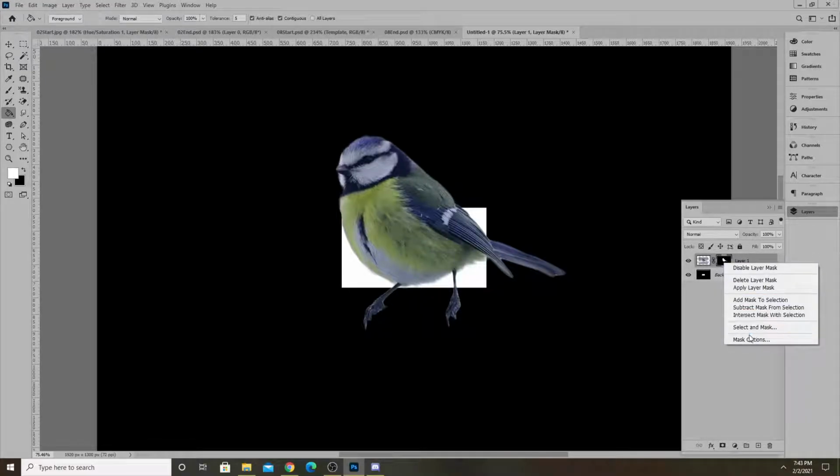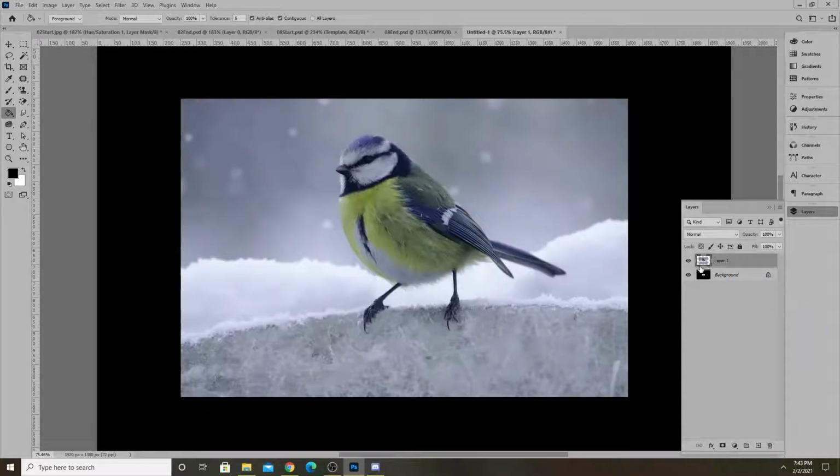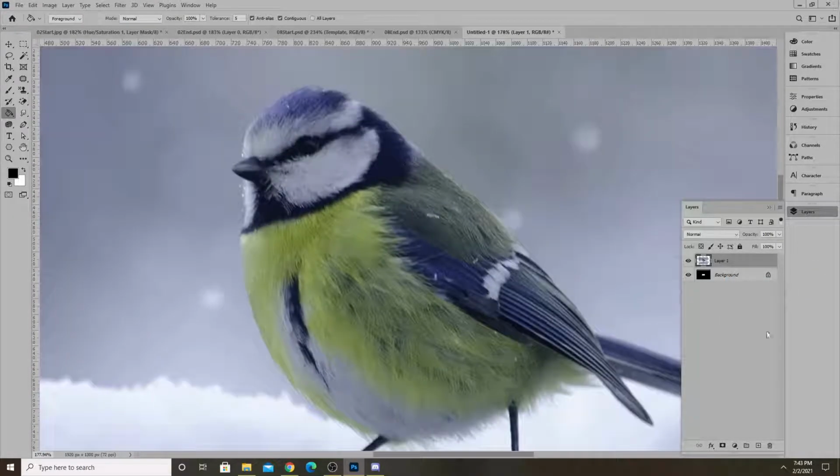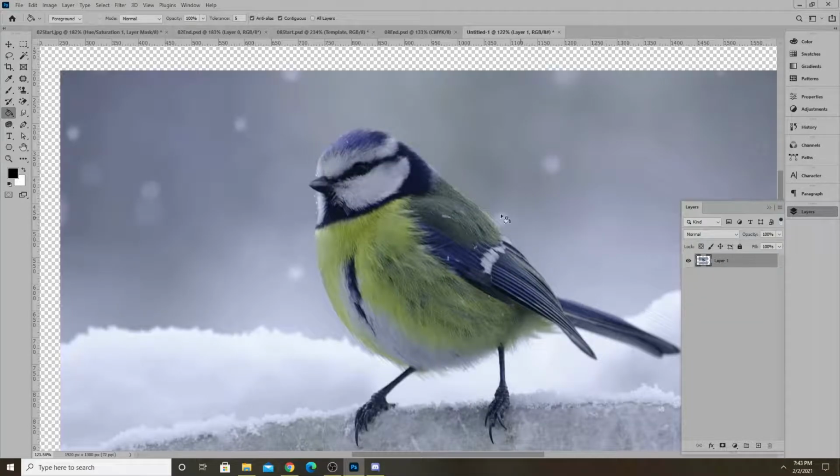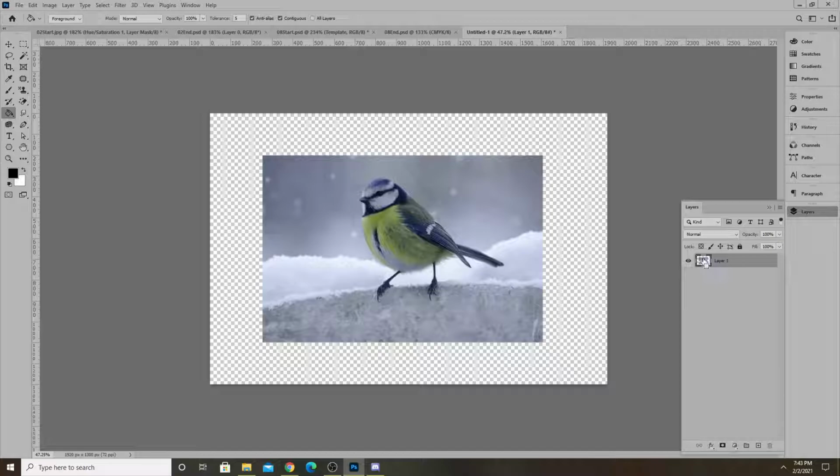But let's delete that layer mask. Go back to the original image. And what is this in the background? We don't need that background anymore. I'm gonna delete that background layer. And select this and